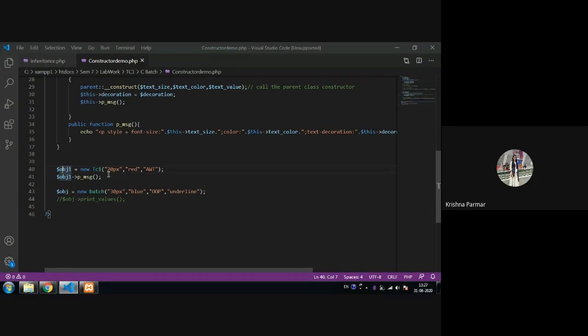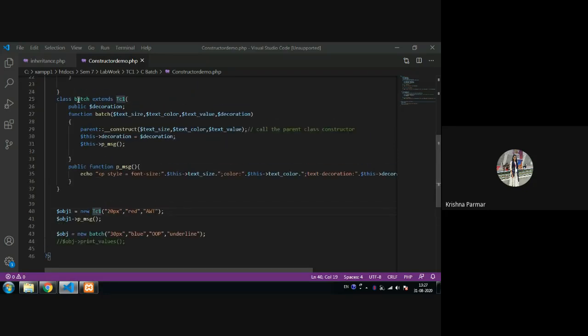So, TC1 is your father, and p message is you, as a child. So how can your father access your property? In real life also this never happens. Your father is not going to access your property. In a very rare case this thing happens. Are you getting my point? So that's why using the parent class object you can never call the child class function or method. Are you getting my point?